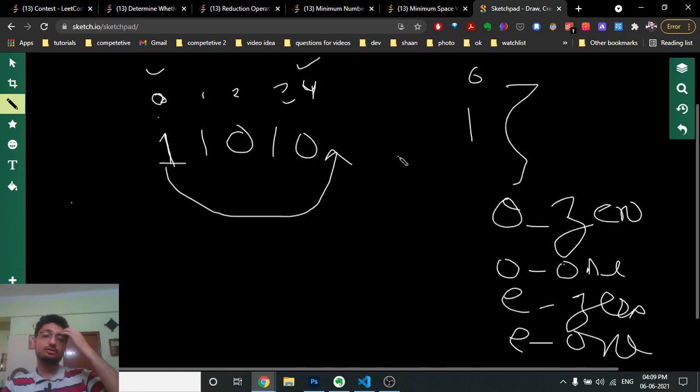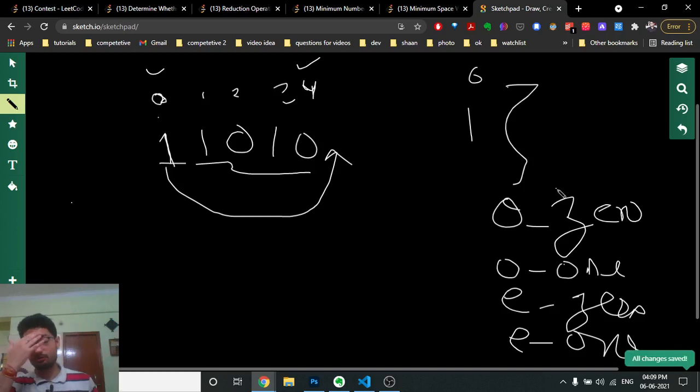So the number of ones at the even index does not change. I hope you get the point, because we take the 1 at the even index and put it again at an even index. So this is not changing, but all the numbers in between are actually shifted. So what you have to see here is the number of ones and zeros except the first bit, we have to shift those, but this bit is not shifted.